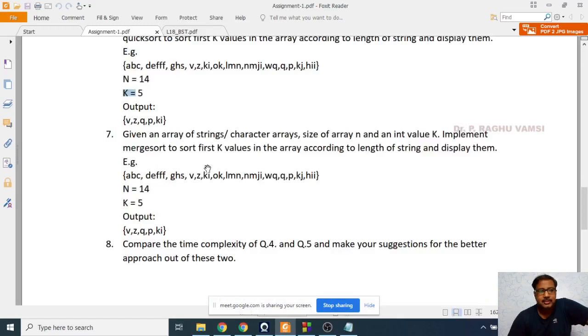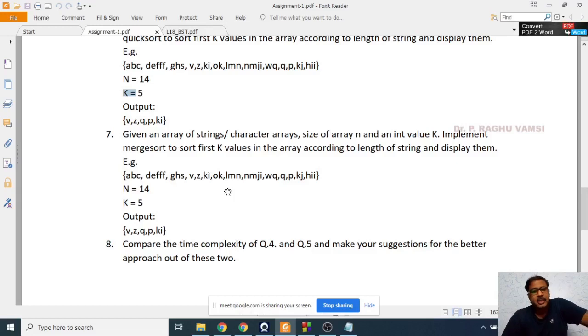That means first, what you are supposed to do is identify the string length. Okay, you may use strlen for a quick process. If you want to do it from scratch, you can do it. Calculate the string length and store it in a temporary array, string length.